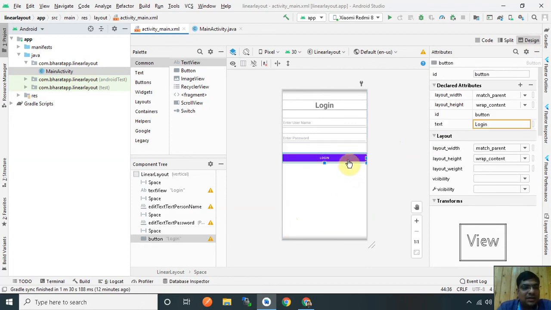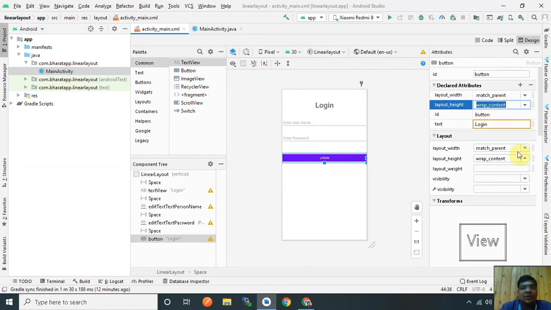The button is too large, so I change the size of this to 200 dp. Not the height, I change the width.